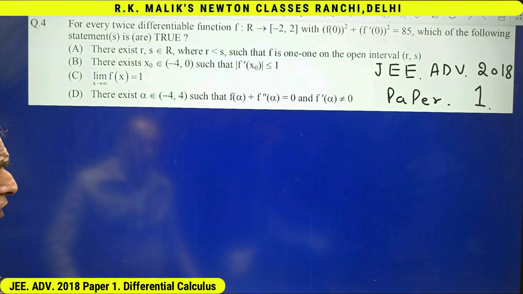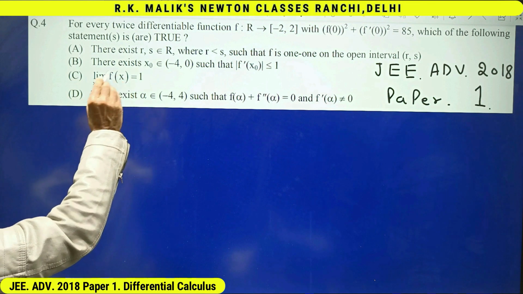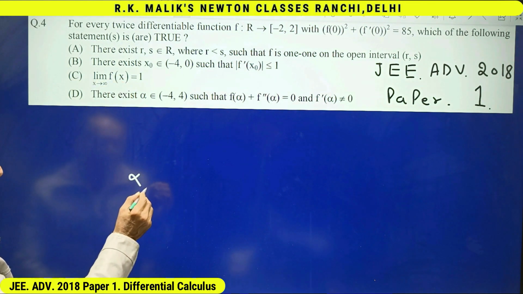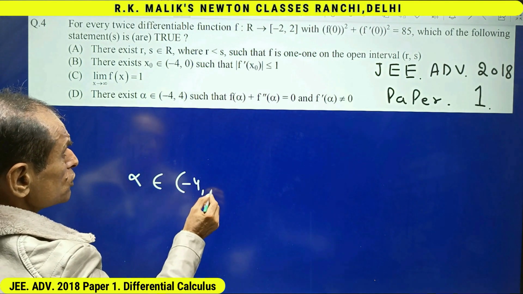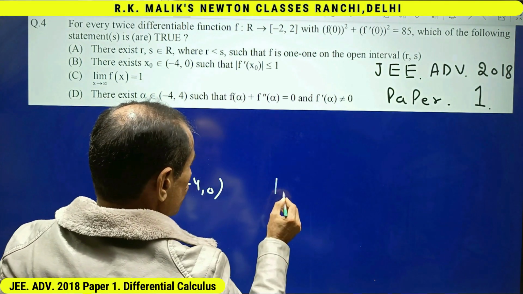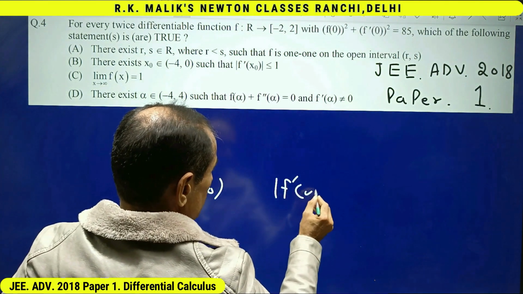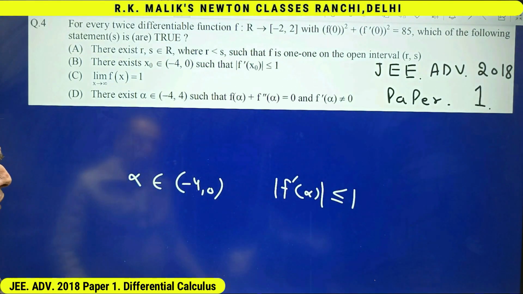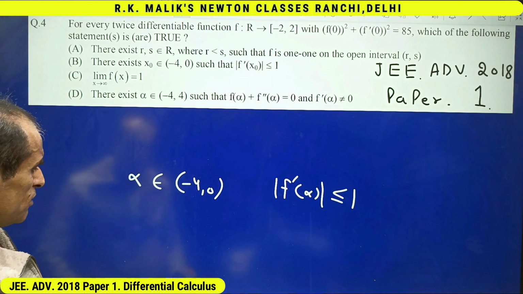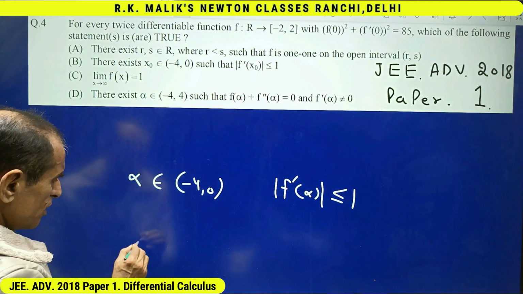Otherwise, to prove the choice D, I can use Rolle's theorem also. To prove this by Rolle's theorem, as I proved in choice B, there is a number alpha belonging to the interval -4 to 0 such that mod of f dash alpha is less than or equal to 1. Hence I can say there is a number